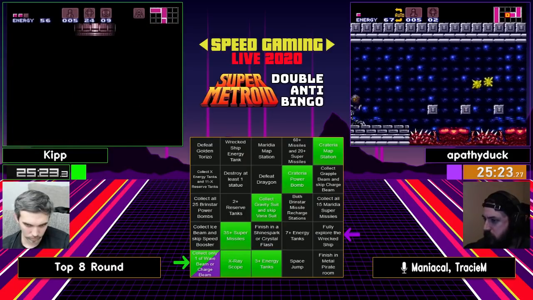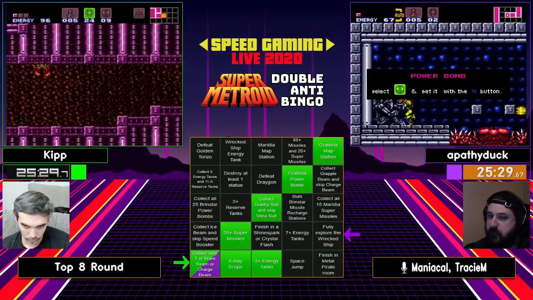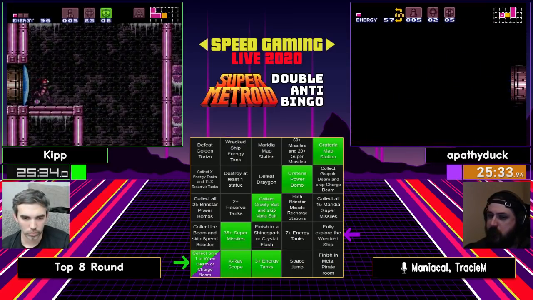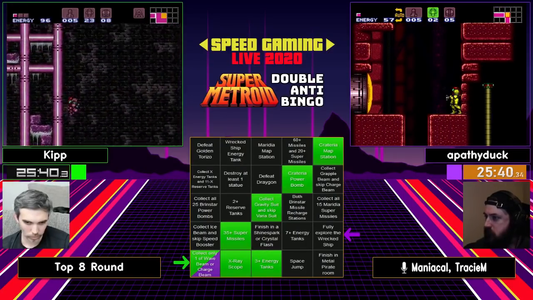Yeah, we see Asher in chat talking some nonsense. G-mode is a thing. That is a real thing with reserve tanks. And I think we'd see Kipp X-ray climb before we ever see him G-mode. And I can't explain G-mode. It's just one of those very weird, obscure tricks that...